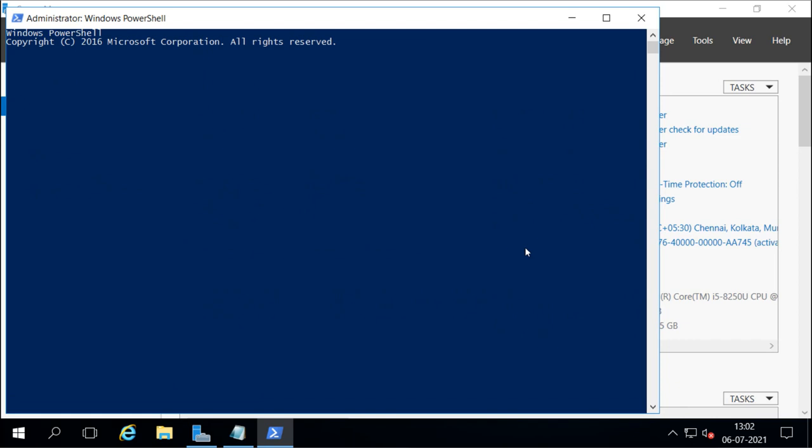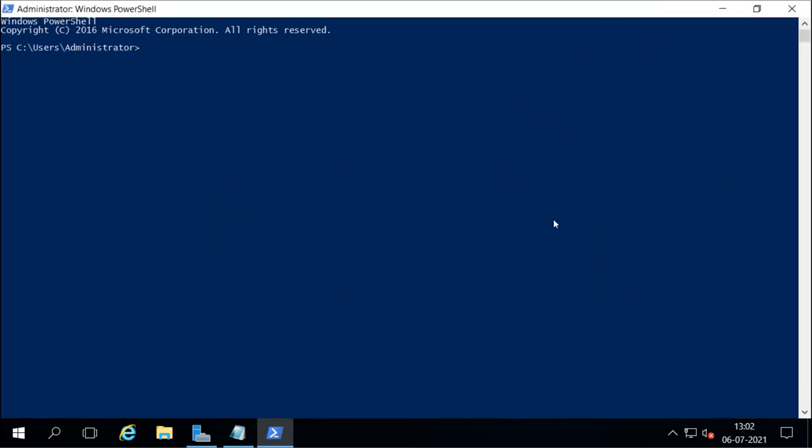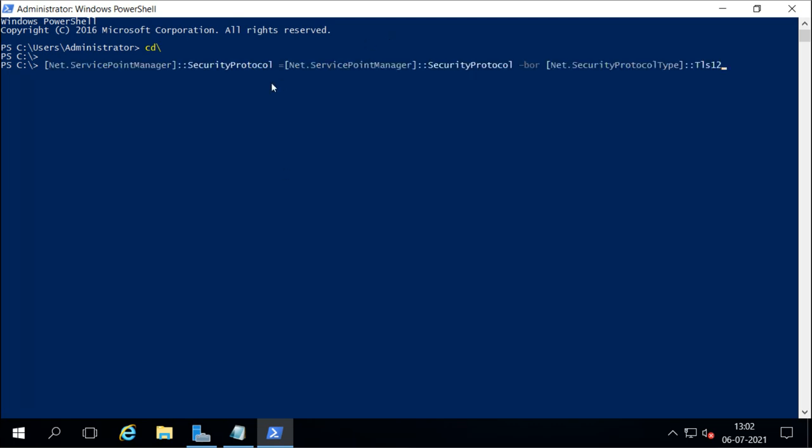Now we must connect it to the internet. The internet connection must be there, so that it is going to download everything from the internet.